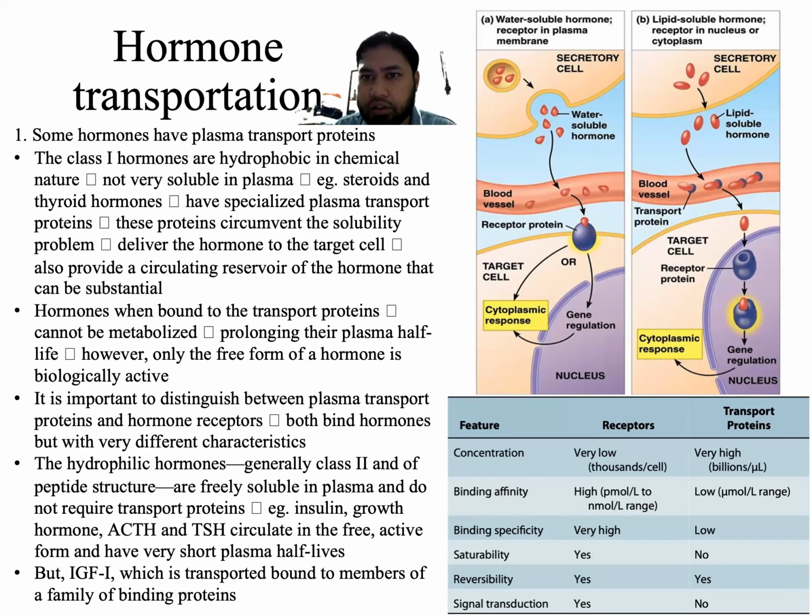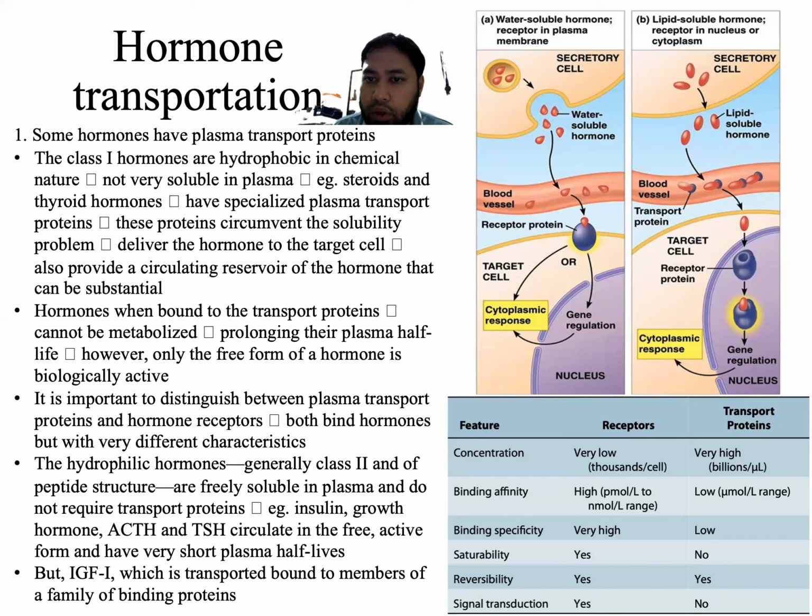You see the secretory cells, it refers to the glands or endocrine glands that produce the hormones. It produces the water-soluble hormones, and after that you can see it's penetrating the blood vessel, and from the blood vessel it leaves the bloodstream and enters the extracellular environment, and after that